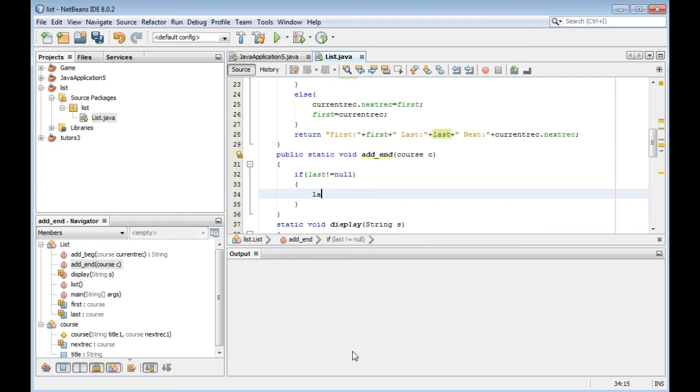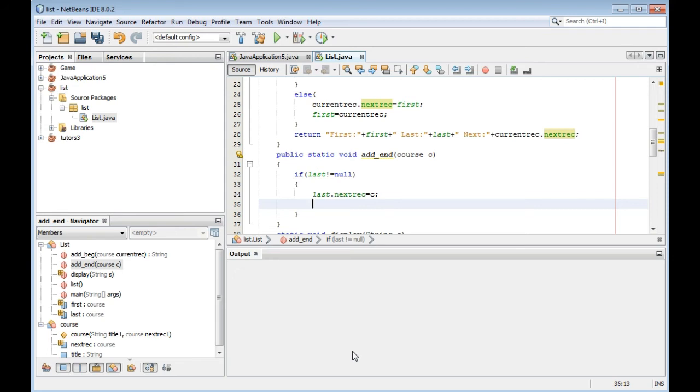So last dot next record is equal to C. Now last is C. Last is equal to C. So last dot next record means previous last. Previous last will have the address of C.